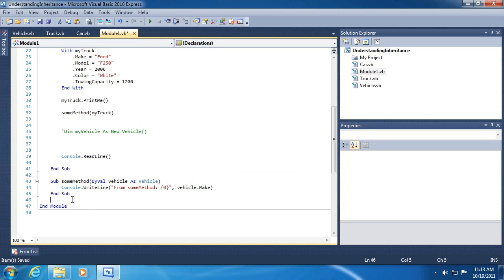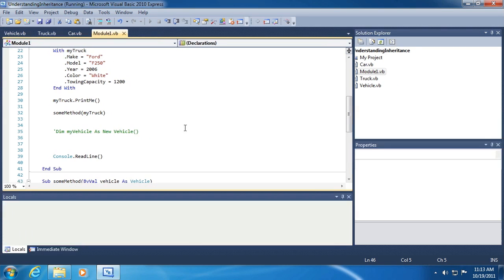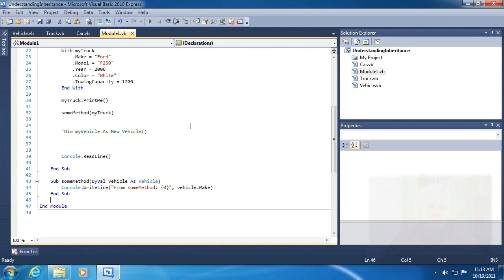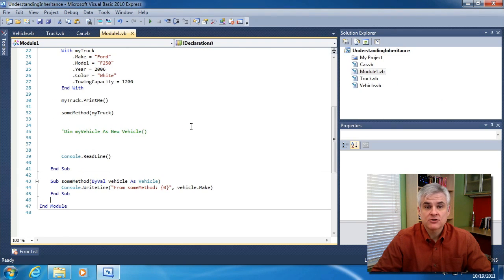All right, and now we should be able to rerun our application and get back to a normal state. And we can. Great. All right, so that is the notion of an abstract base class. The antithesis, the opposite of the abstract base class, is the sealed class, meaning that you cannot inherit from it. So you might never want another class to be able to inherit from your class,